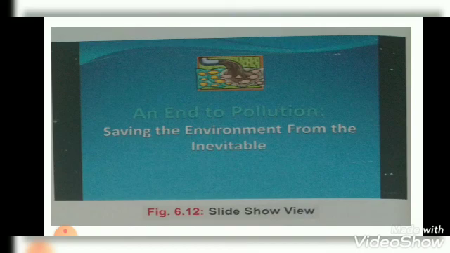To move to the next slide, click the mouse button, or else we can use the Enter or spacebar key. To move between the slides, we should use the Page Up, Page Down keys or the up and down arrow keys. To quit the slideshow view, press the Escape key on the keyboard.